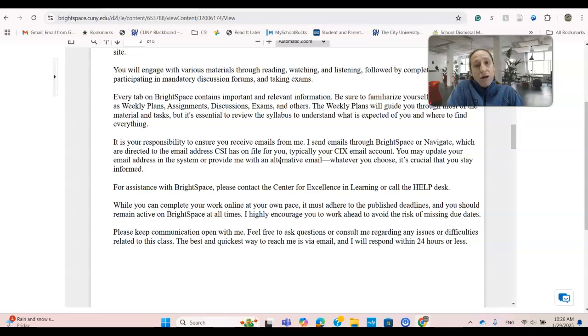If you're not sure how to do that, you can contact the help desk. Also, you can send me an email letting me know what email you want me to use, and I can forward you class communication. I have a forward list usually every semester.